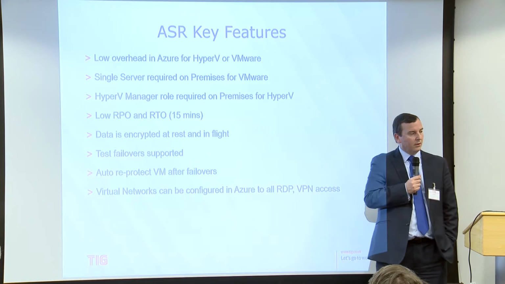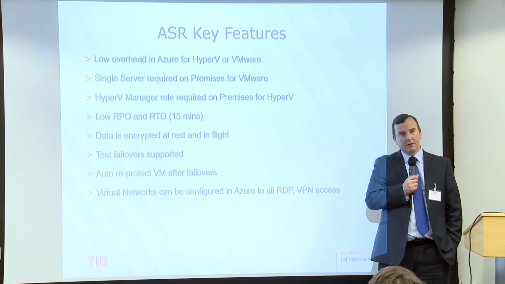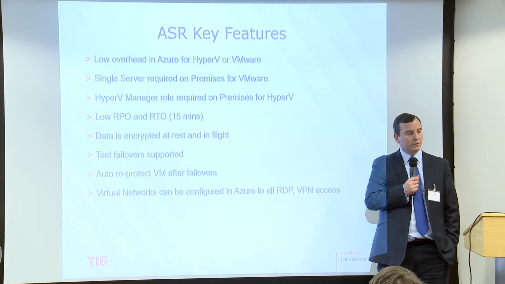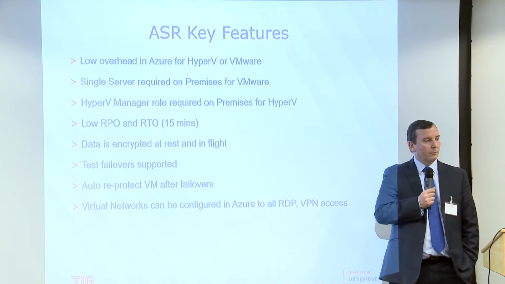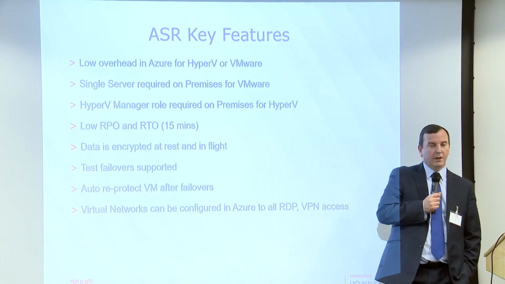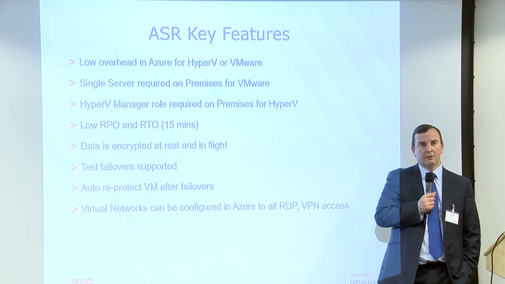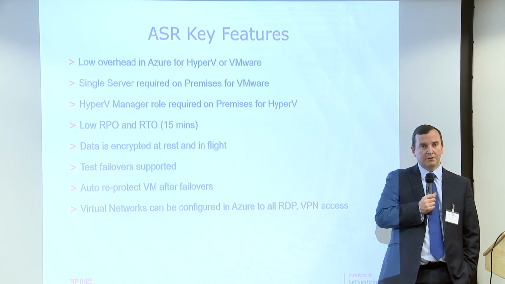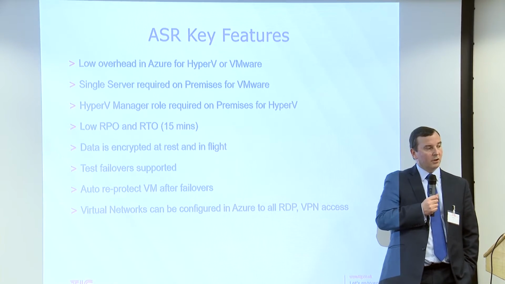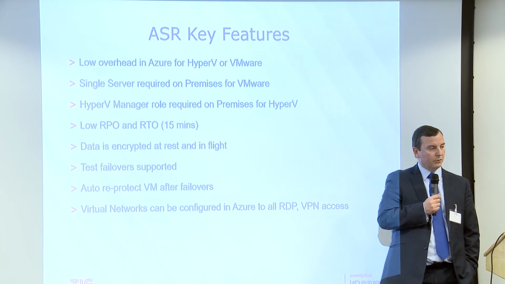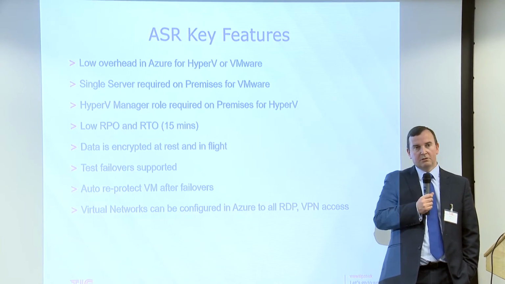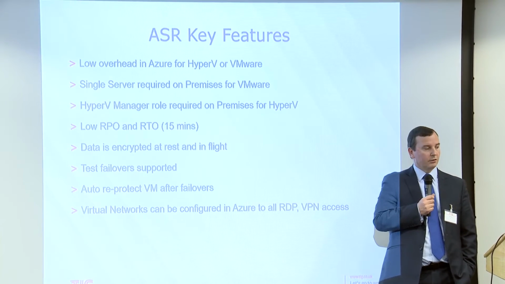Some of the other features I've touched on: obviously the low overhead in Azure is the fact that you're only paying a minimal charge for what's being replicated, not for what's turned off. Mitesh will cover more about how it works with VMware, but it needs a device or a server to do the replication. It doesn't need much; a single server will replicate about 50 virtual machines. It does Hyper-V as well, as you would expect, without any problems. And for those of you worried about data and encryption, data is encrypted as it travels across, and it's encrypted on the storage as well at the other end.